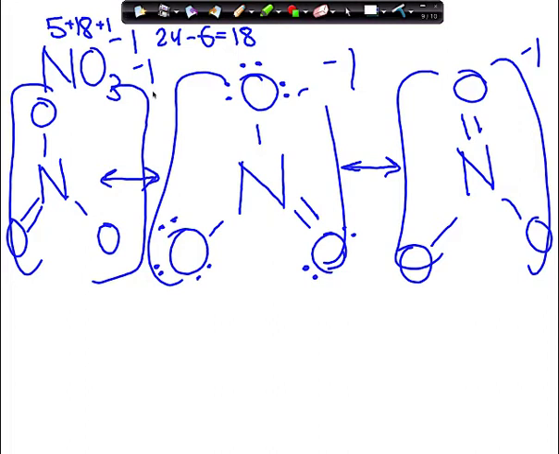Now guys, here's a little interesting ditty if you're playing along at home. This is why all nitrates are soluble in water. Remember when you learned about the solubility rules and you learned that all nitrates dissolve in water? Guys, the reason all nitrates dissolve in water is because nitrate looks like this. The idea is this. Say you've got sodium nitrate. When sodium and nitrate go into solution, they break apart, right? It's a strong electrolyte. So you've got sodium ion and you've got nitrate ion.